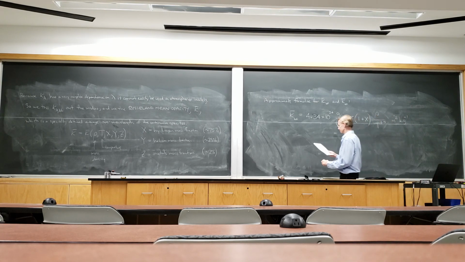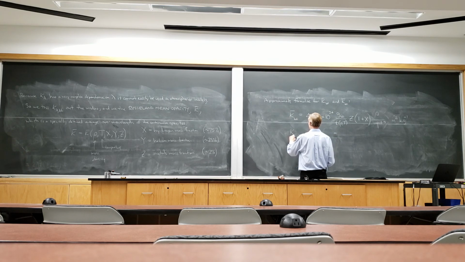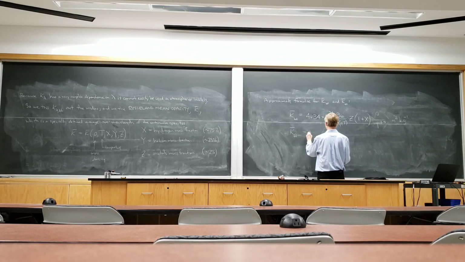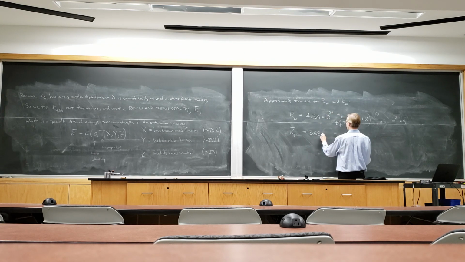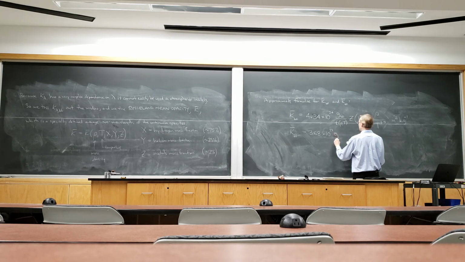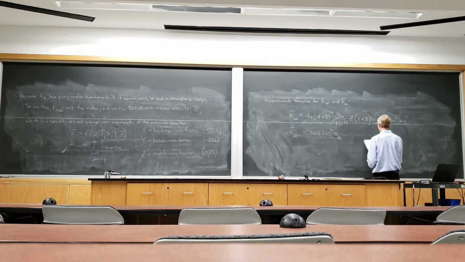And the free-free mean opacity is 3.68 times 10 to the 23rd power, g_FF, times (1 minus Z) times (1 plus X)